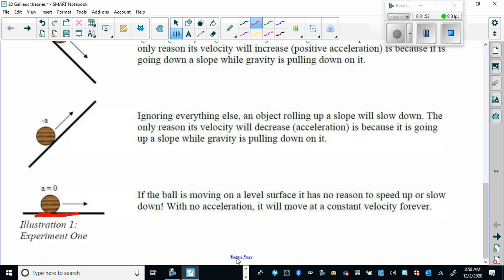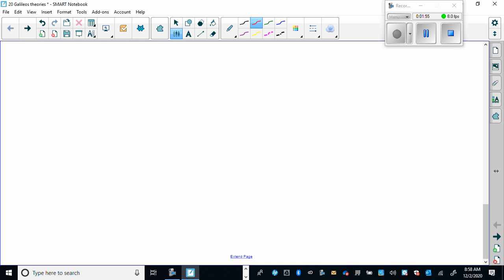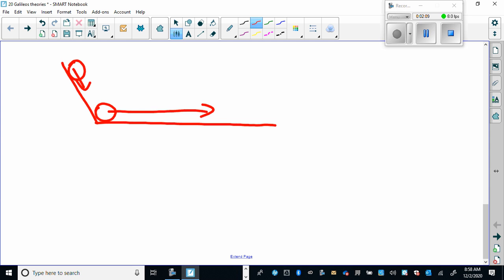And you can extend that idea. If I take a ramp like that and I send this ball down it, this ball is going to accelerate. When it gets to this point here, it's going to have a specific velocity, and then what's it going to do? It's just going to want to keep going at a specific velocity. It has no reason to accelerate anymore because gravity is still pulling it down, but now it's moving in a direction that's perpendicular, and of course the ground here is pushing up on it. So it has no reason to accelerate anymore. So what will it do? It'll just keep doing what it's doing, moving at a constant velocity.